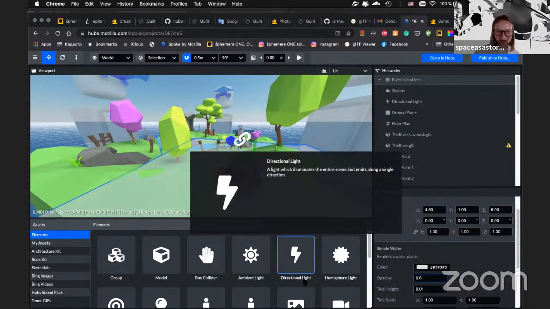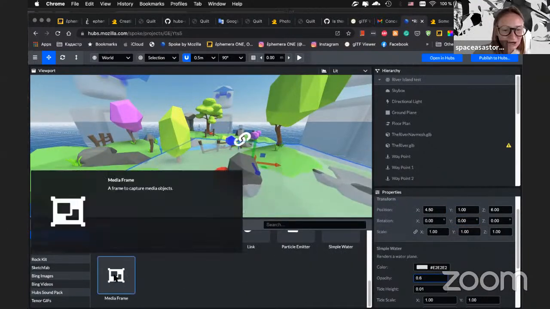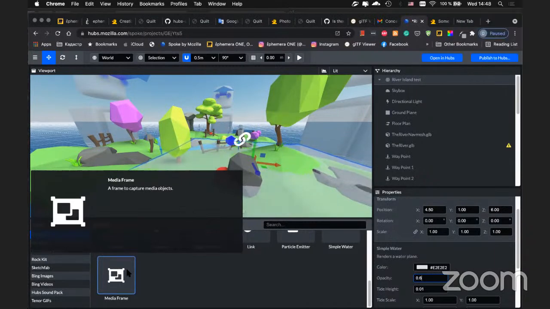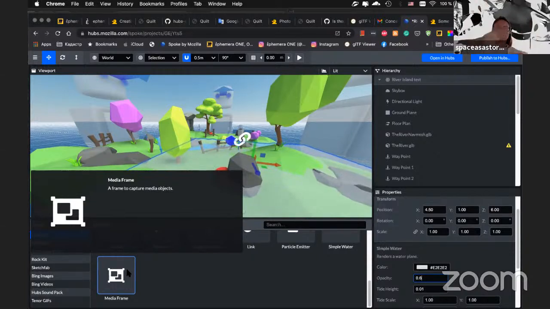Okay, good. So I just found it. And also, yeah, you can install Media Frame. This is something that is useful for conference rooms, for example. You can just put some frame. People come to your room and just drop the images there, and they are installed in the place you designed them to be in, so that they're not randomly